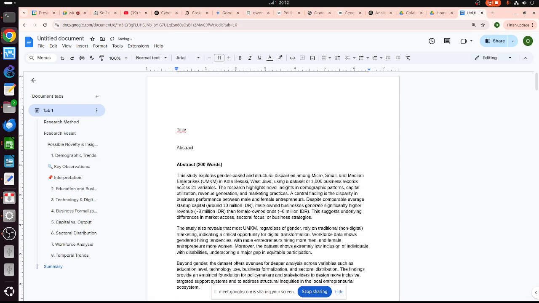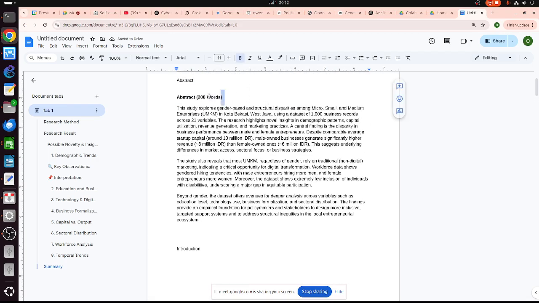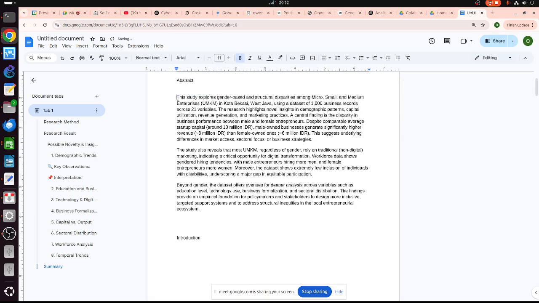But the introduction is more tricky, because in the introduction that's where I normally compare our research results with other people's research results, and that has to be done a little bit manually, because Google Colab, Gemini, ChatGPT, Grok will have some difficulty finding the references. So what I normally do is,